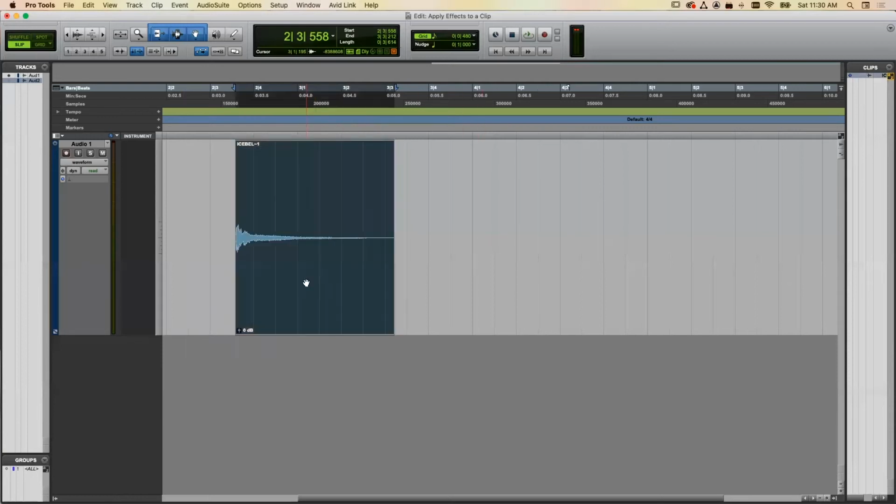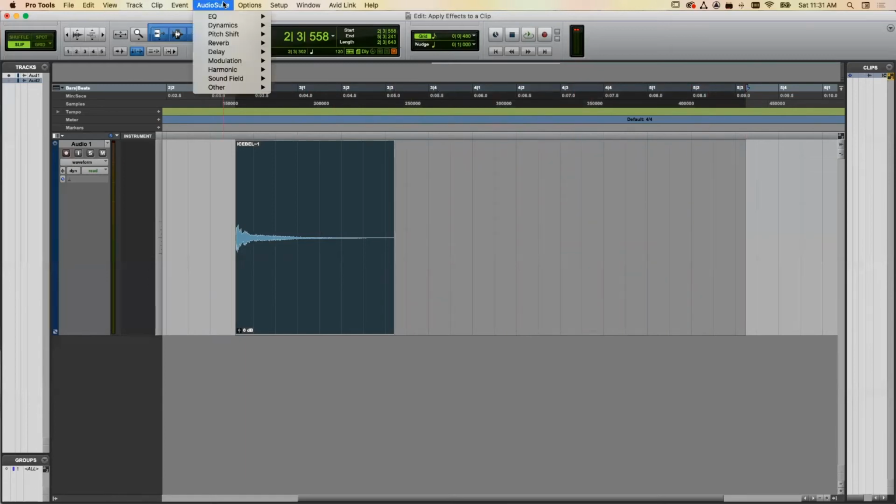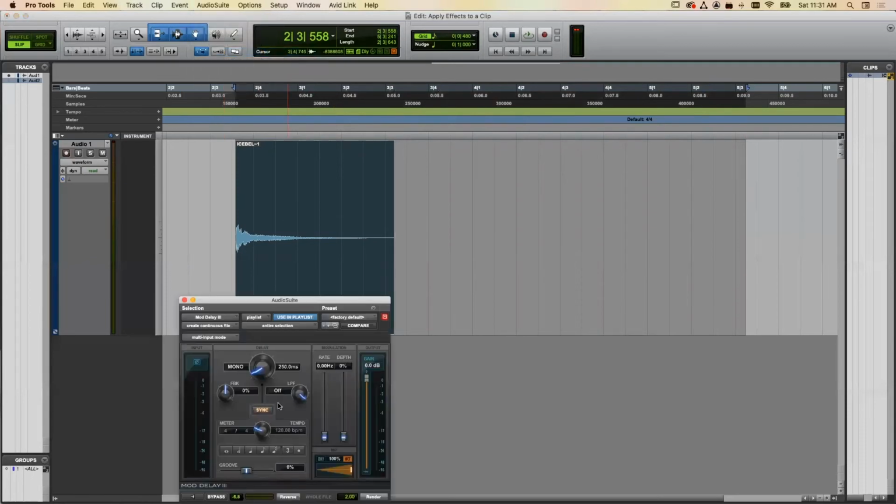And what I'm going to do is select this clip. I'm just clicking on it. And then I have my selection tool, right? And I'm going to just go over here somewhere and shift click. And now I'm extending my selection. And so now if I go to Audio Suite and I go to Delay and I do something similar,